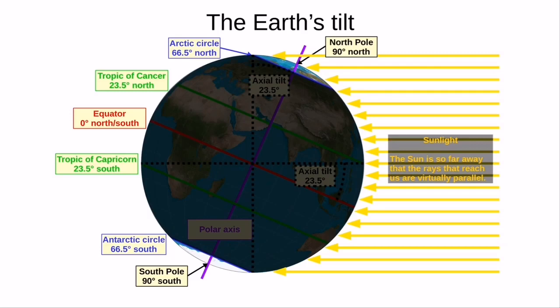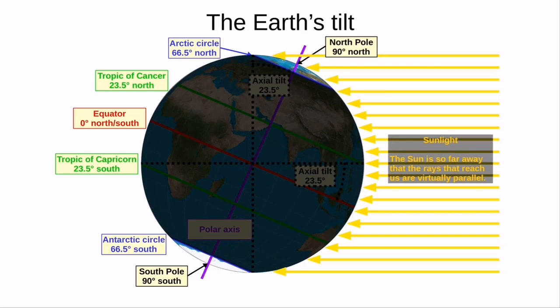Here, the Arctic circle is in constant sunlight. As the Earth rotates, the sun doesn't set. The Antarctic circle is in constant night. The sun doesn't rise. As the Earth revolves around the sun, the region that is in constant light or darkness